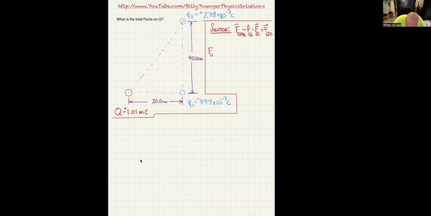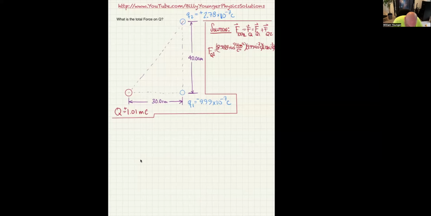So the force on Q due to Q1 is going to be 8.988 times 10 to the 9th newton meters squared per coulomb squared. So we're just using the formula k Q1 Q2 over r squared. Q1, notice I'm leaving off the sign, is 9.99 times 10 to the negative 7 coulombs. And then capital Q is, again, leaving off the sign, but it's positive, 1.01 times 10 to the negative 3